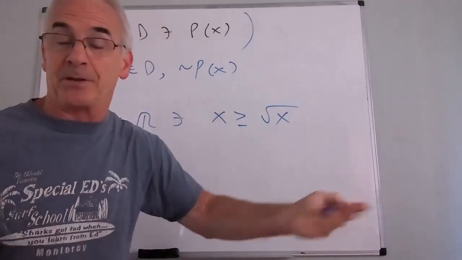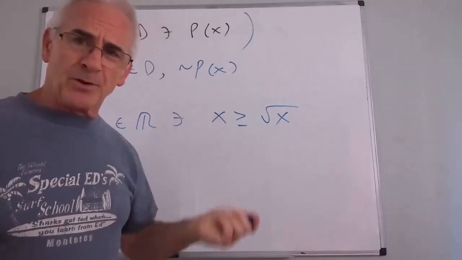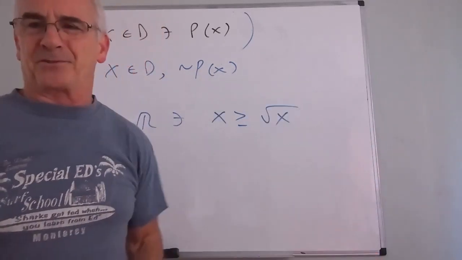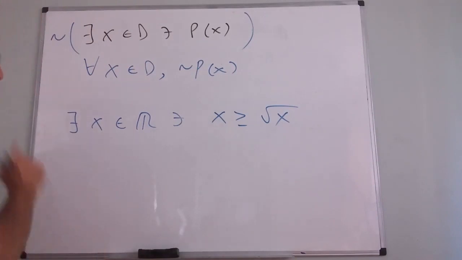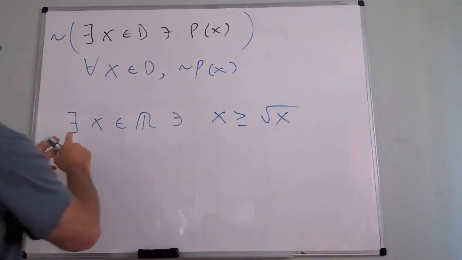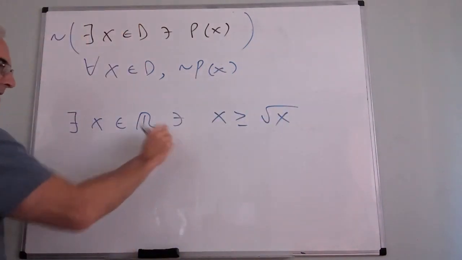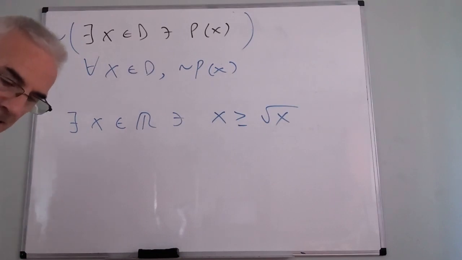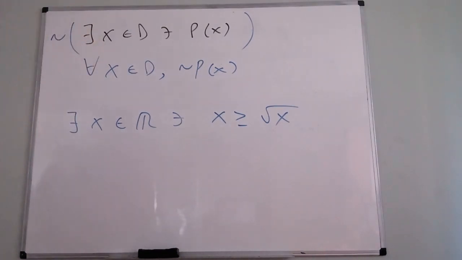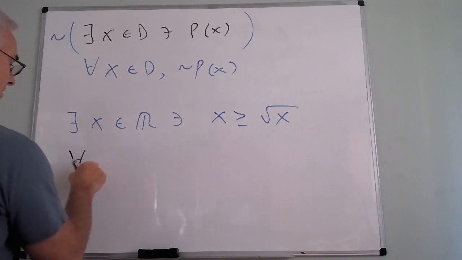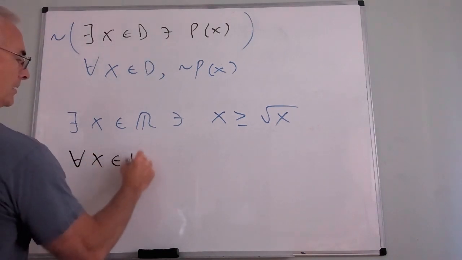I just gave you a statement. Sometimes it helps to think whether it's true, but when I'm trying to write negations, it doesn't matter if it's true. It's irrelevant. So I want to write the negation of this. There's an X in the real numbers such that the following thing happens. That's why I need the "such that" to make the sentence complete. So the negation of a "there exists" is a "for all," it doesn't exist. So for all X in R,